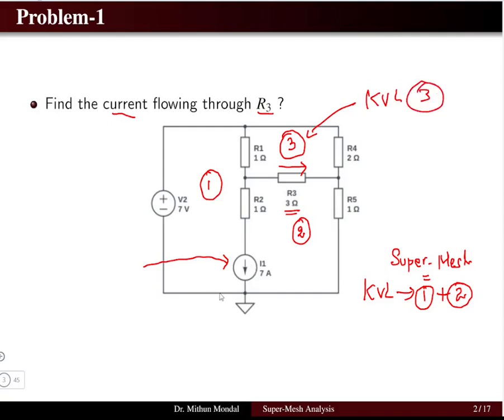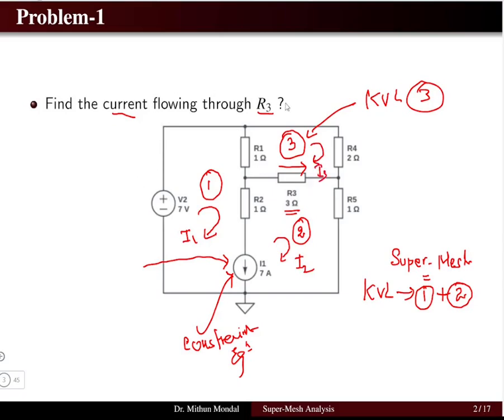So one more equation will come due to the current source, which will lead to the constraint equation. This constraint equation is due to the current which is flowing in mesh 1 and mesh 2. If we take the current flowing in all the meshes in the clockwise direction, then we can compute the values of the potential drop across each element.